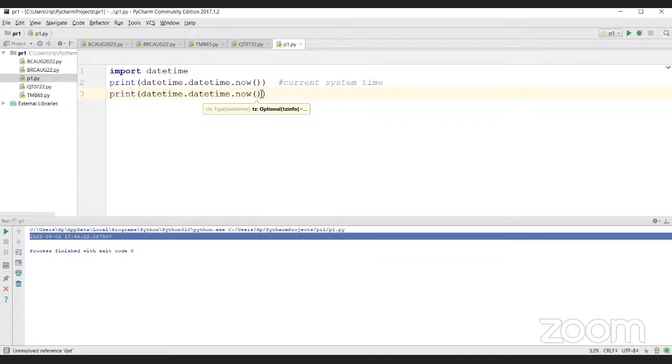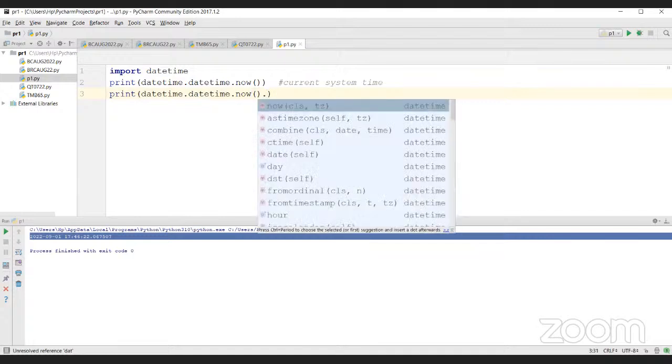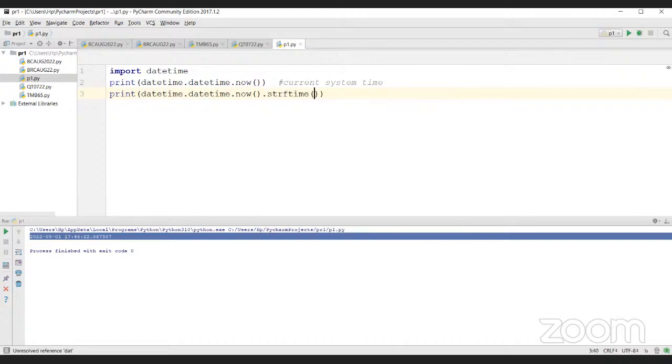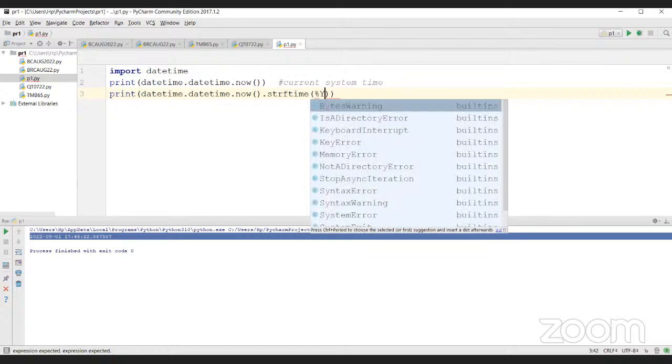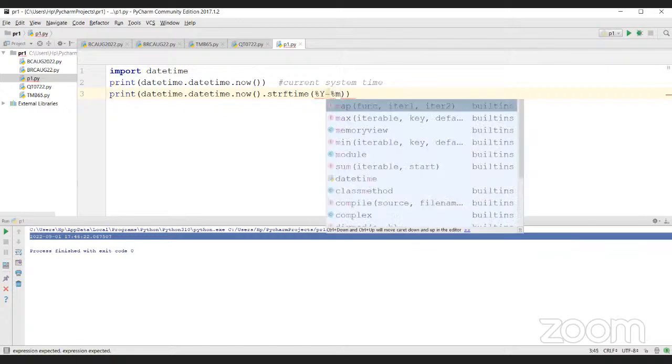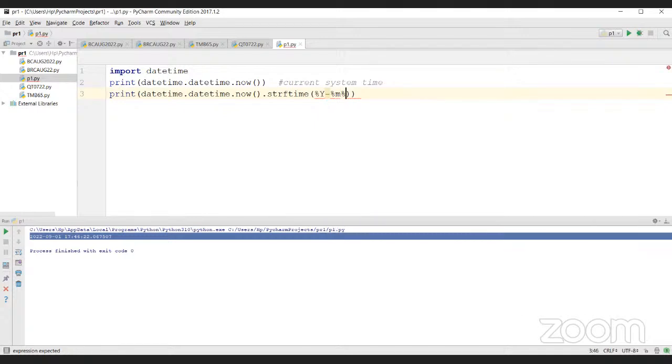So I'm going to say current datetime dot strftime, string f time. And here I'll give the template in which I want. I want first year, then a hyphen, then month, then a hyphen, then day. Small m, small d. Now when you run it,